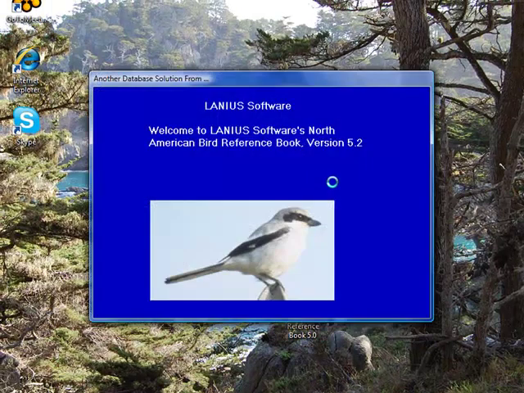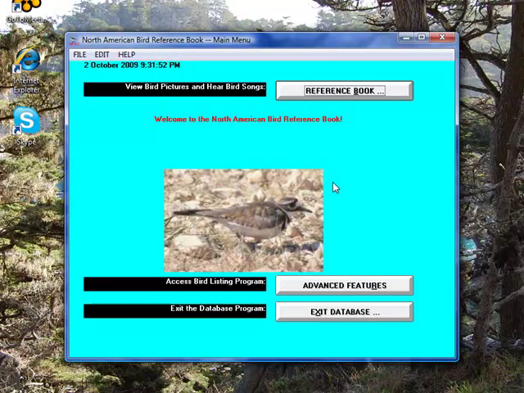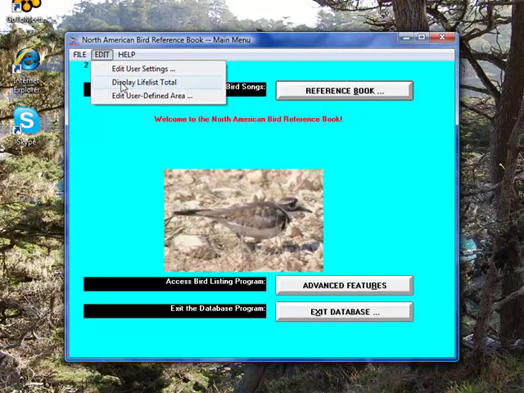And this will launch the North American Bird Reference Book. Now once it comes up on the screen, we'll have a number of choices here. We can either click on Reference Book to go immediately into the multimedia program, or we can click Exit Database to exit the program. But before we do either of those, let's do a one-time check of making sure that our settings are correct. So go up to the Edit pull-down menu, click on Edit User Settings,